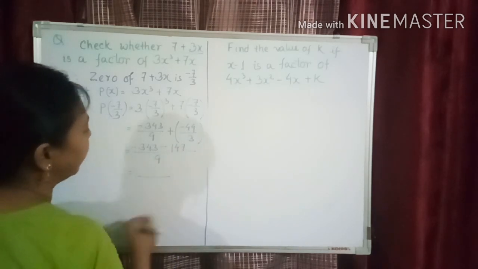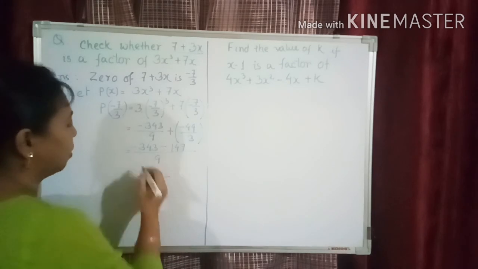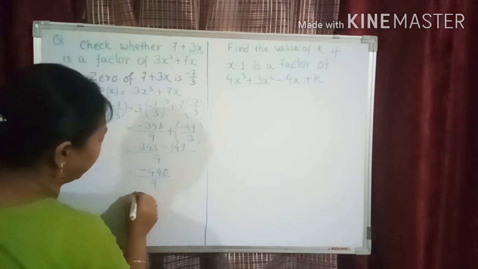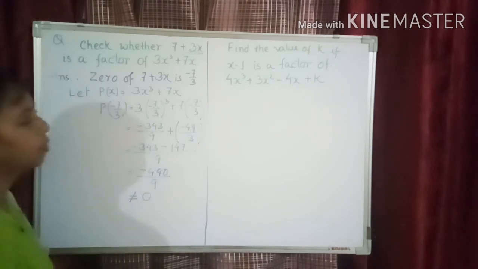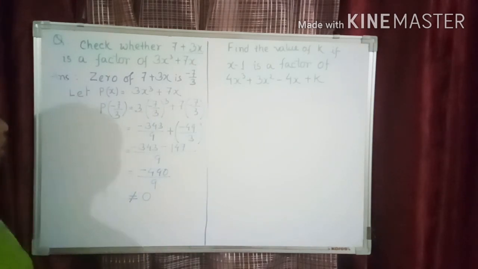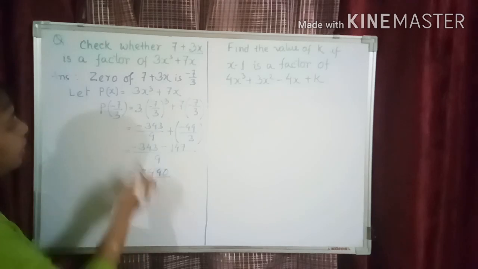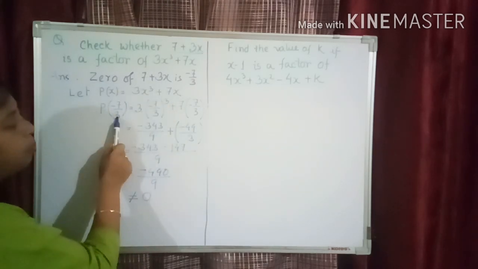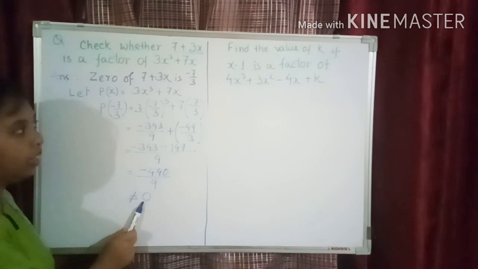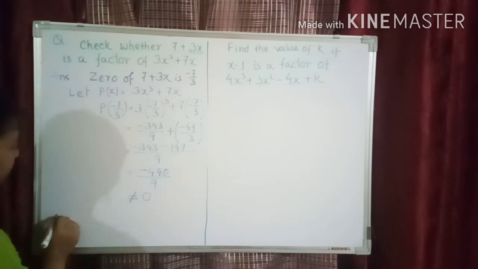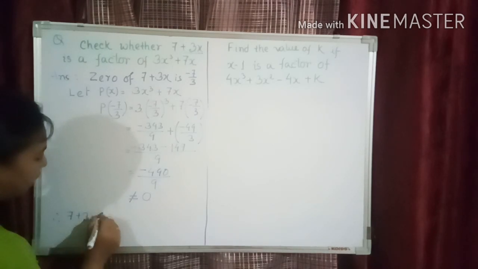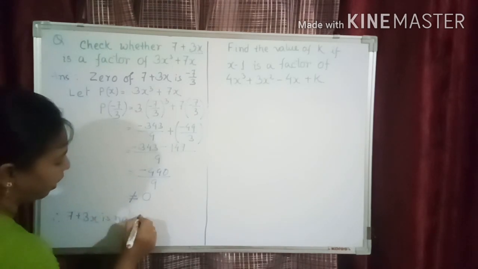Ultimately, we will get minus 490, which is not equal to 0. So what is our conclusion? Here we see that when we put the zero of this, we do not get 0 there. So therefore 7 plus 3x is not a factor of